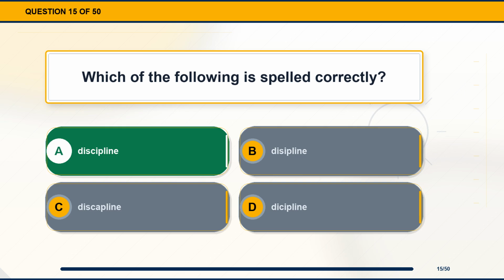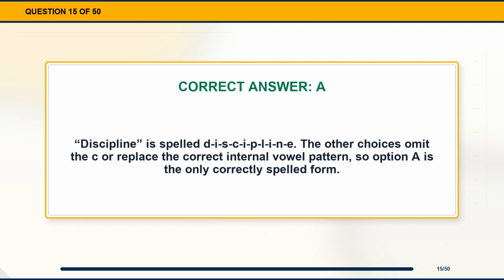The correct answer is option A, discipline. Explanation. Discipline is spelled discipline. The other choices omit the C or replace the correct internal vowel pattern, so option A is the only correctly